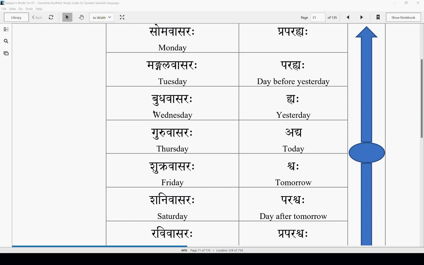So we have Somavasara, Mangalavasara. Soma literally means Chandra, which in English you also see as Mon. Mon is the moon. Monday. Tuesday refers to Mars. Wednesday refers to Bodha, which is the planet Mercury. So we have Mangala Graha, which is Mars. Soma is Chandra Graha, which you can't say in English, as the moon is not a planet. But here we have Chandra Graha and Mangala Graha,